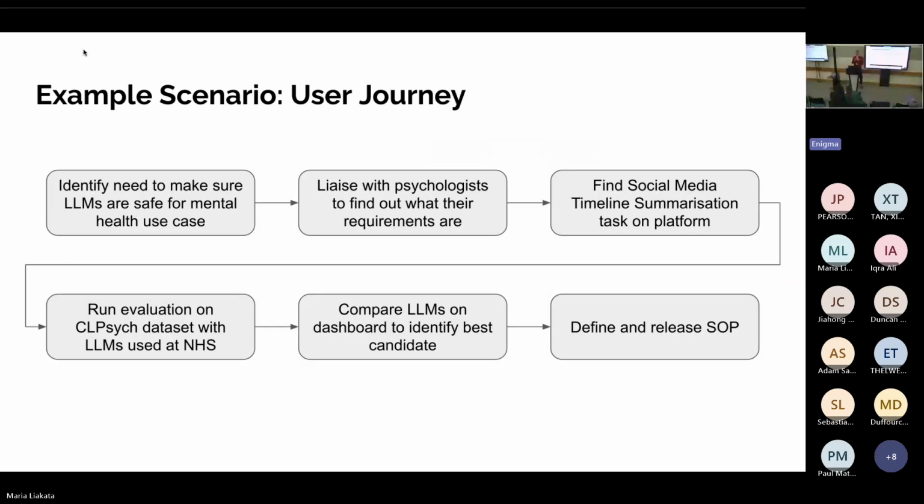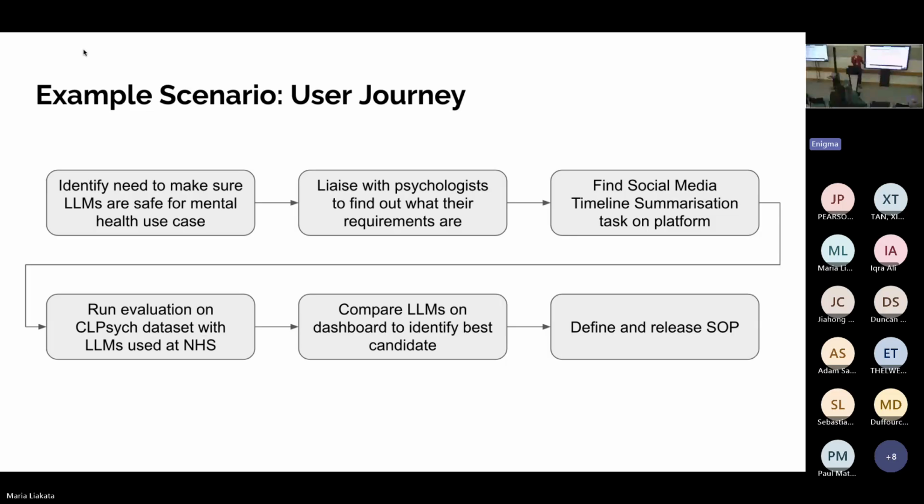So the way that we would imagine this happens is that the CTIO has identified that there is a need for making LLMs safe for mental health use cases. And she liaises with psychologists to find out what their requirements are.